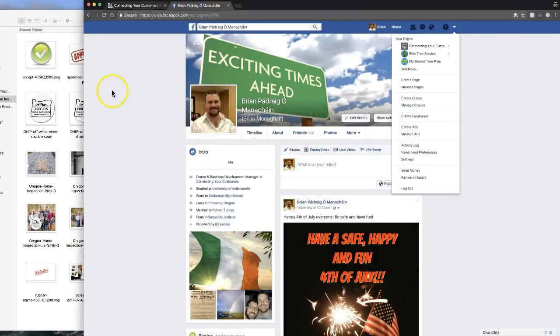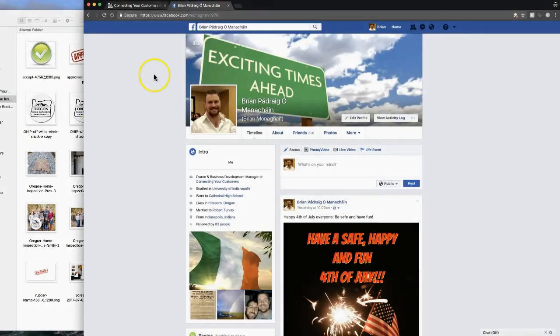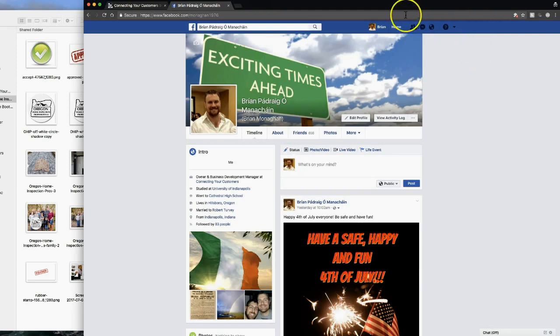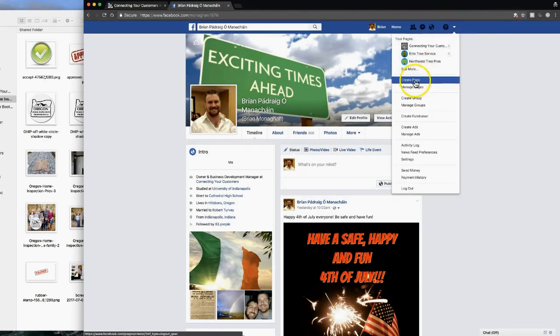So I'm going to jump over. Here's my personal profile. And what I'm going to do is go up to this top bar right under the address, and click this little arrow, and you'll see Create Page. There's some of the pages that we manage. So I'll hit Create Page,